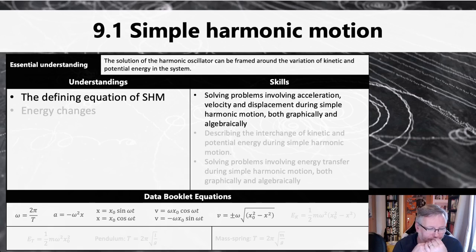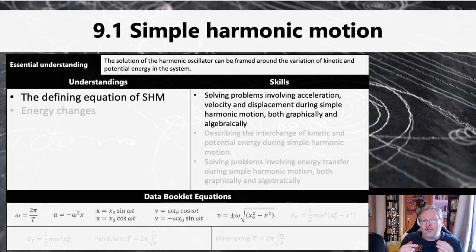And that is that the acceleration of the object that is in simple harmonic motion, if there is an object, because this same mathematics can be applied to things like fields and variations in fields, but let's deal with physical systems such as a pendulum or a mass on a spring. The acceleration of that object will be proportional to the displacement. So the displacement is the distance from the equilibrium position, and minus a is proportional to minus or negative x,